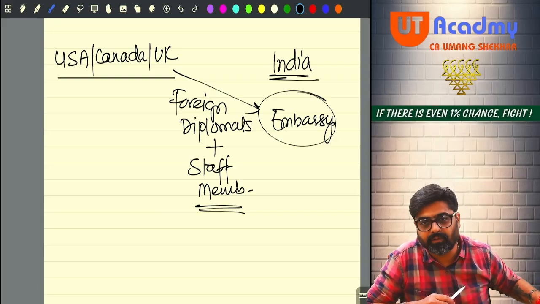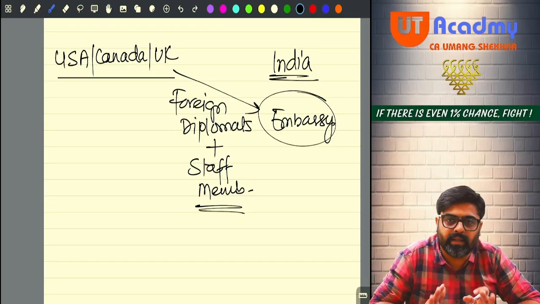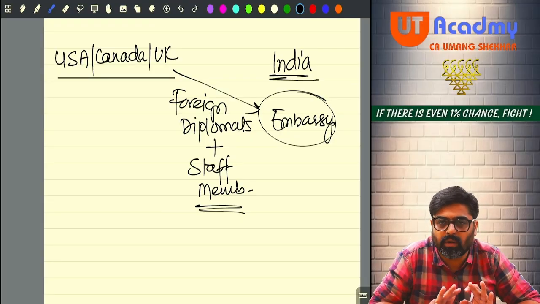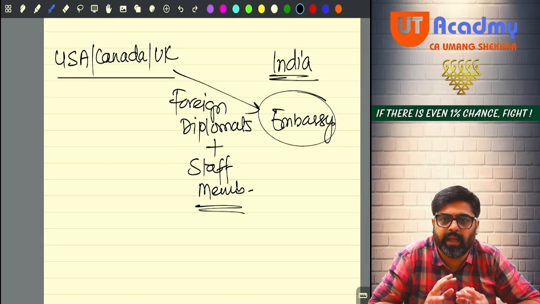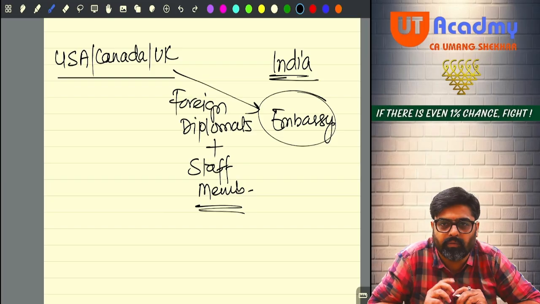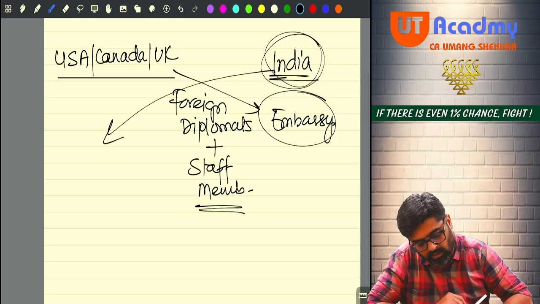So their salary which they are getting in India will be their Indian income only. But we are not going to charge that under the Income Tax Act, that is fully exempt. But one condition, and that condition is very important. India will also have